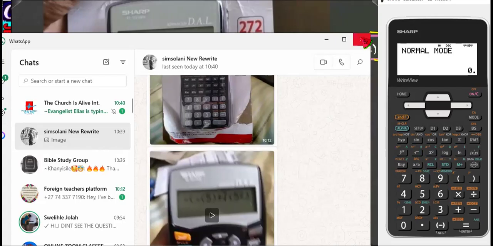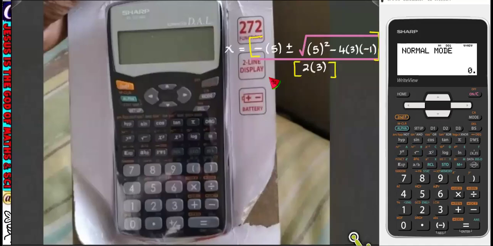It's saying less than 1 minute, but we're going to come back to it. All right, clear everything in the calculator. Now we are doing this square root here. Just press square root. Which one is square root? This one. Yes. And then type open bracket 5 squared close bracket. Open bracket 5